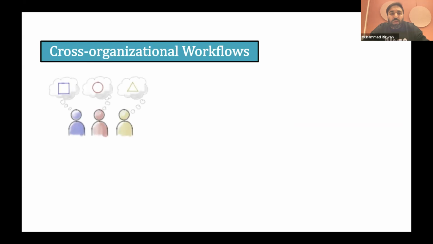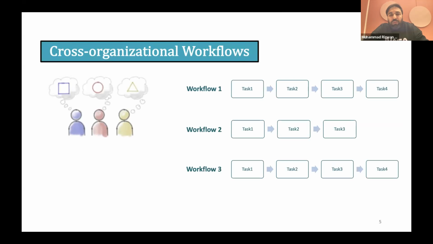However, in cross-organizational workflows, every workflow has its own domain expert who ensures the proper execution of that workflow and has deep knowledge about that domain. But in collaborative workflows, our domain experts may not have a common understanding of all the workflows that are collaborating and sharing resources with each other. For example, say we have a collaboration of 3 workflows that share some resources.